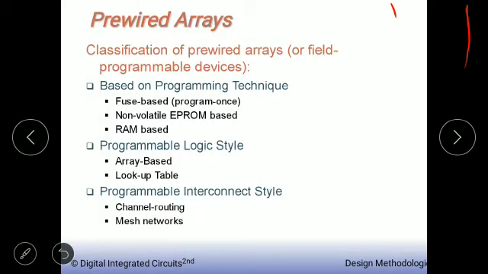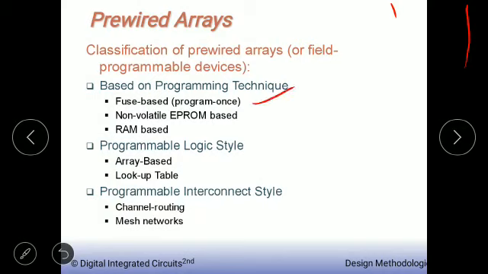There are two main issues which have to be addressed when attempting to implement a set of Boolean functions on top of a regular array of cells without requiring any processing steps. The first one is, how do we implement programmable logic, and how and where do we store the program? These are the two important questions. Now to answer this, we have three different techniques that can be used for FPGAs. The first one is write once or fuse based FPGAs.